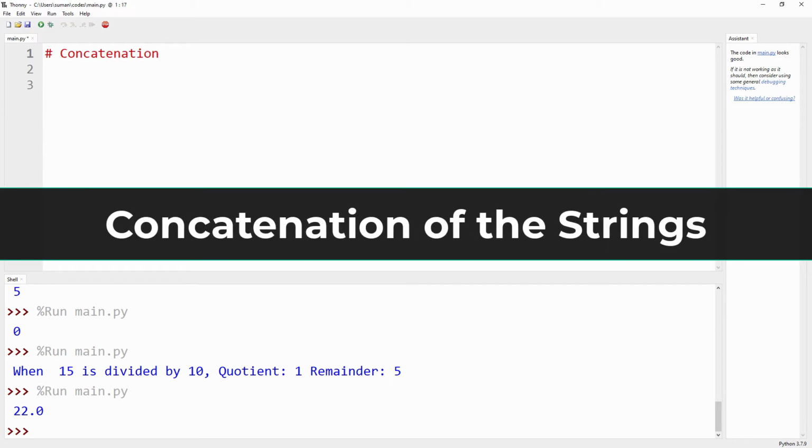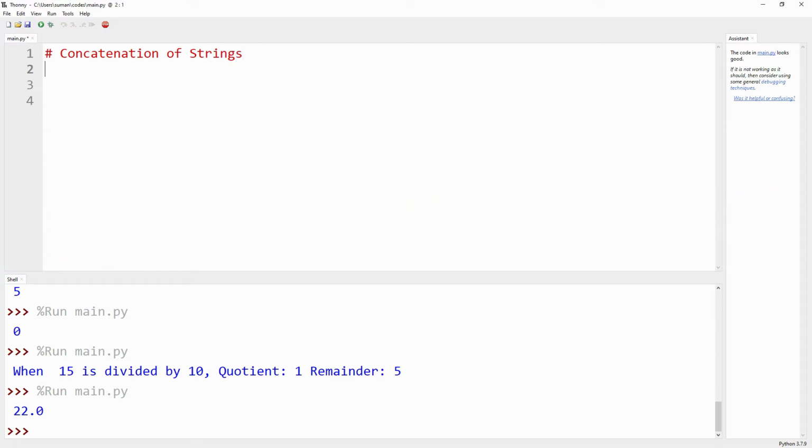That is the concatenation of the strings. Now whatever the plus sign has been used in the arithmetic operator for the addition, that plus operator is used as the concatenation operation for the strings. That means to join the strings.